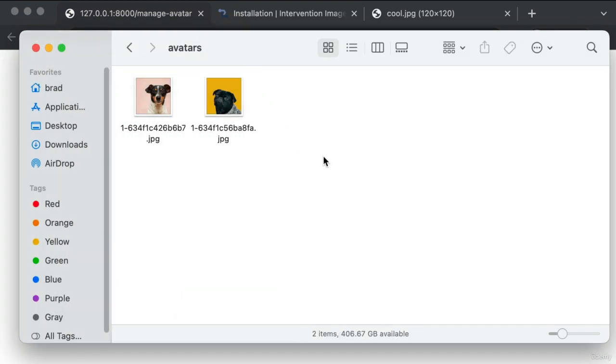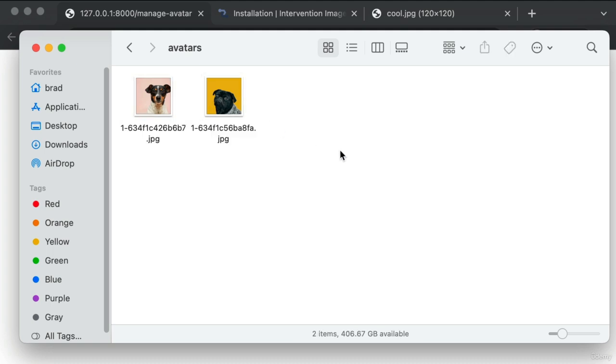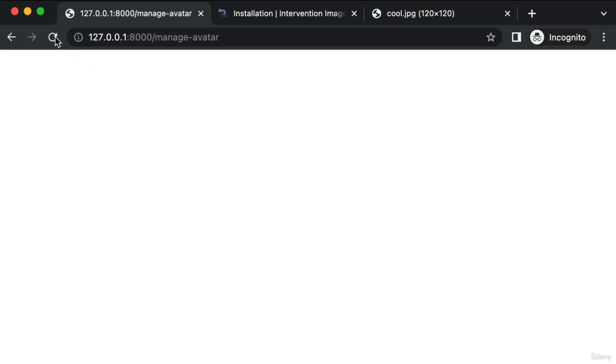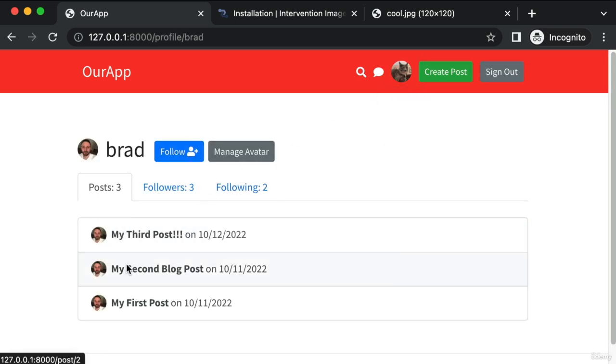Now remember, our goal in this lesson was just to learn how to resize an image. So we've accomplished that goal. Now in our next lesson, we're going to tie things together. We're going to store this file name in our database, right? In the avatar column. And then we're also going to connect the dots so that we would actually pull in the image for the current user in session up here. And when you view a blog post by a certain author and on their profile,